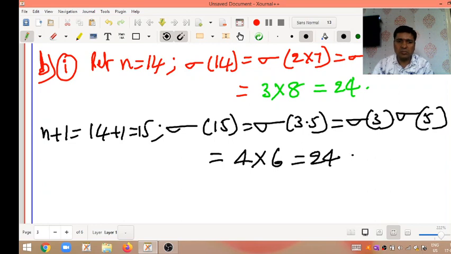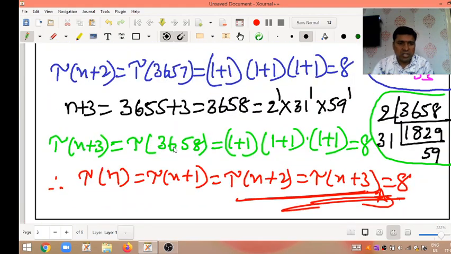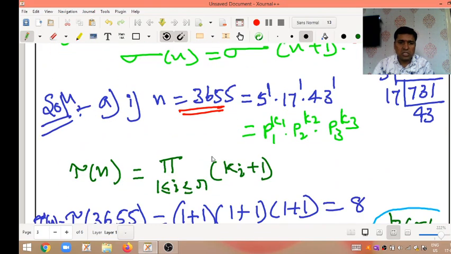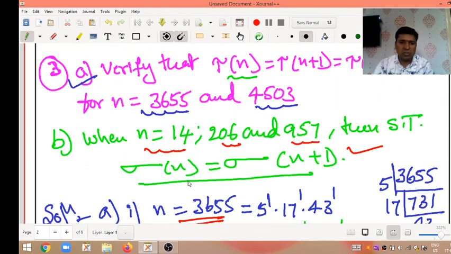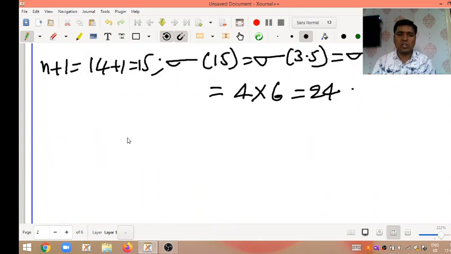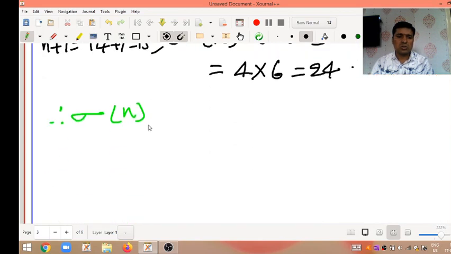Again, what do you want to check? Yes, we want to check n plus 1. Okay, this much is enough. For the second case, what? For the second case, sigma of n is equal to sigma of n plus 1, we want to check. So for this, sigma of n and sigma of n plus 1 values we find. So the next step, conclusion step. Therefore, sigma of n is equal to, that is nothing but sigma of